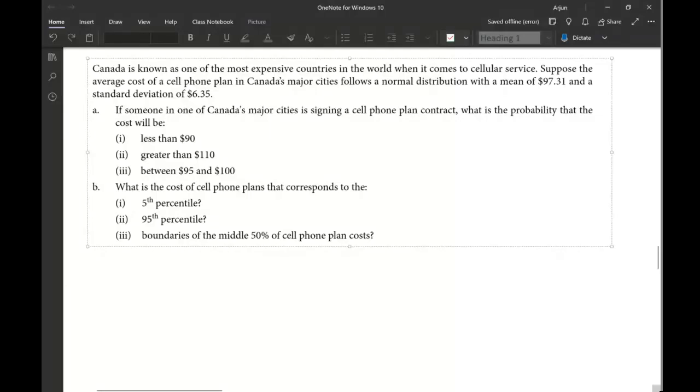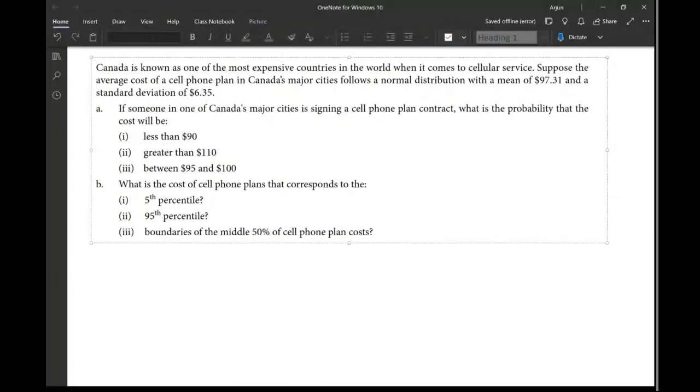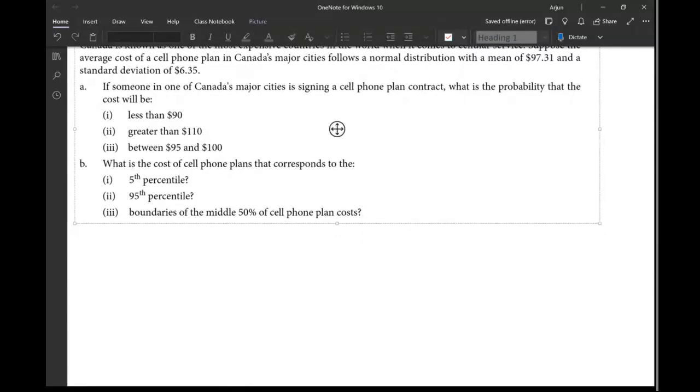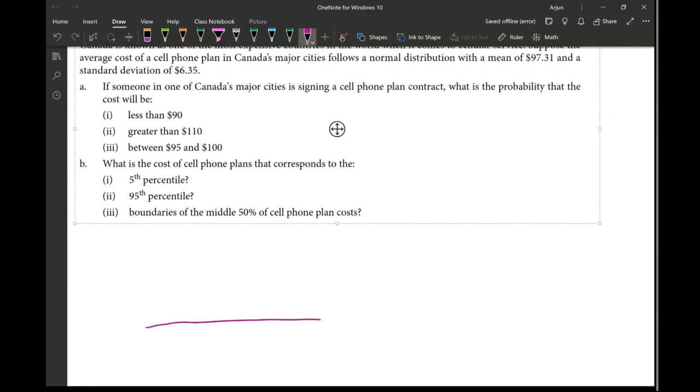Welcome back, folks. In today's class, I'll be talking about one question based on the concept which we've learned in the last class on the normal distribution. So one more time, I'm just going to give you a quick recap of what we learned in the last class. We talked about the normal distribution graph, and in between the numbers here, we talked about these numbers